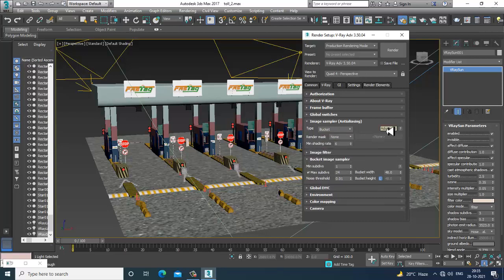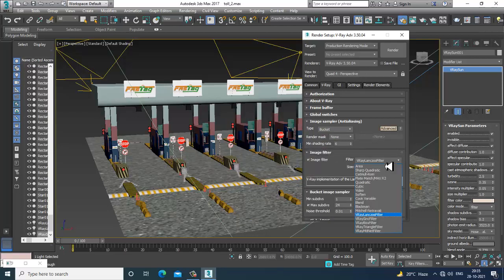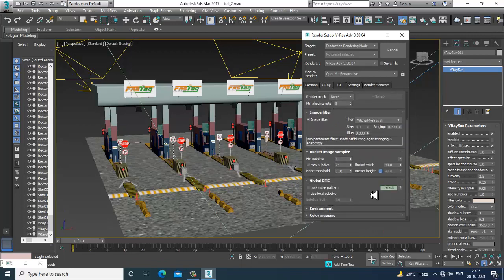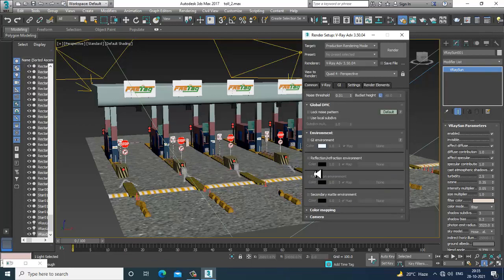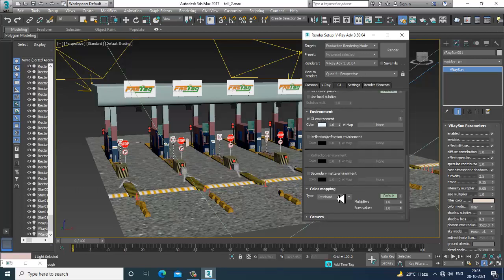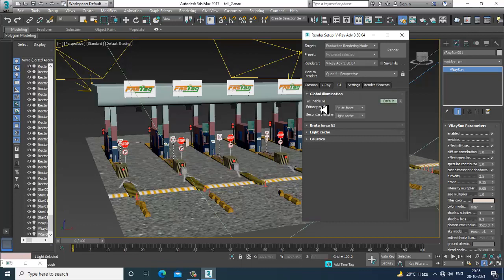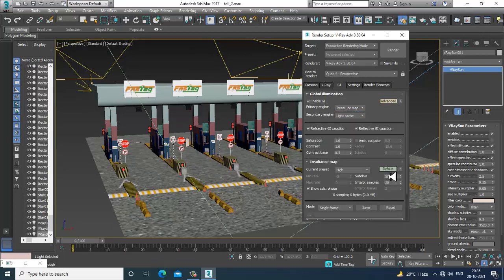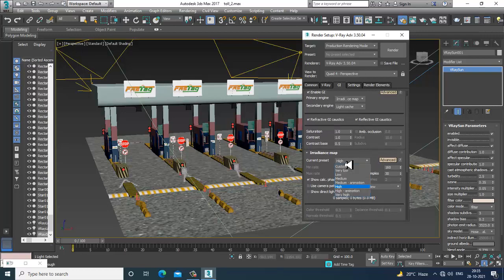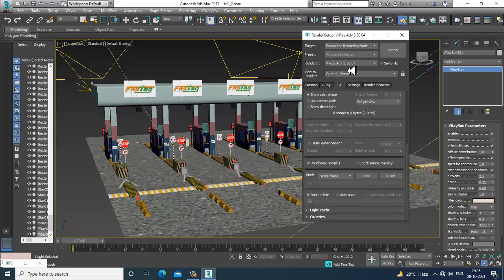I'll set the image filter Mitchell over here, environment, GI environment, color mapping exponential, reflectness map. These are just some basic settings I'm doing right now. 160, 30, and set this to medium, detail enhancement.